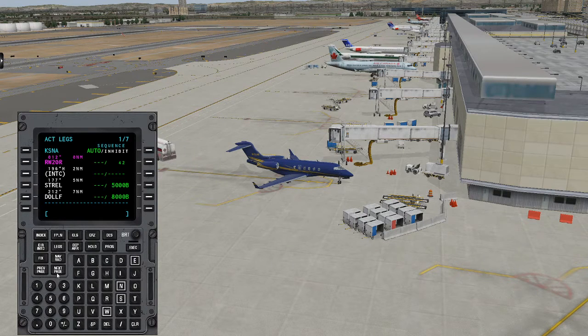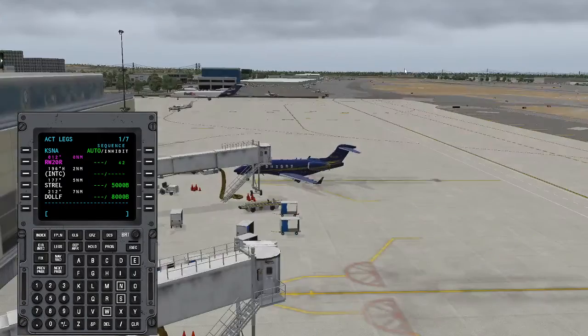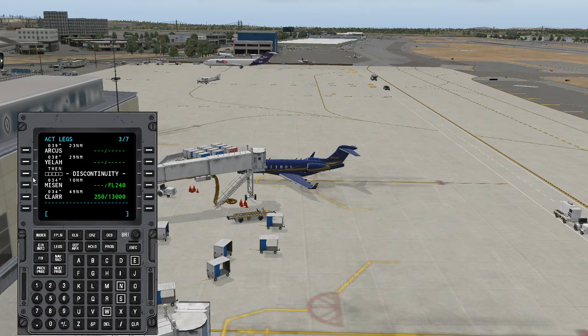Showing ground, Cessna November 4120 Whiskey at the General Aviation hangars, ready to taxi with Bravo. Where are you at, buddy? Somewhere over here. Which means we can either hurry up and try and get out ahead of him, or...